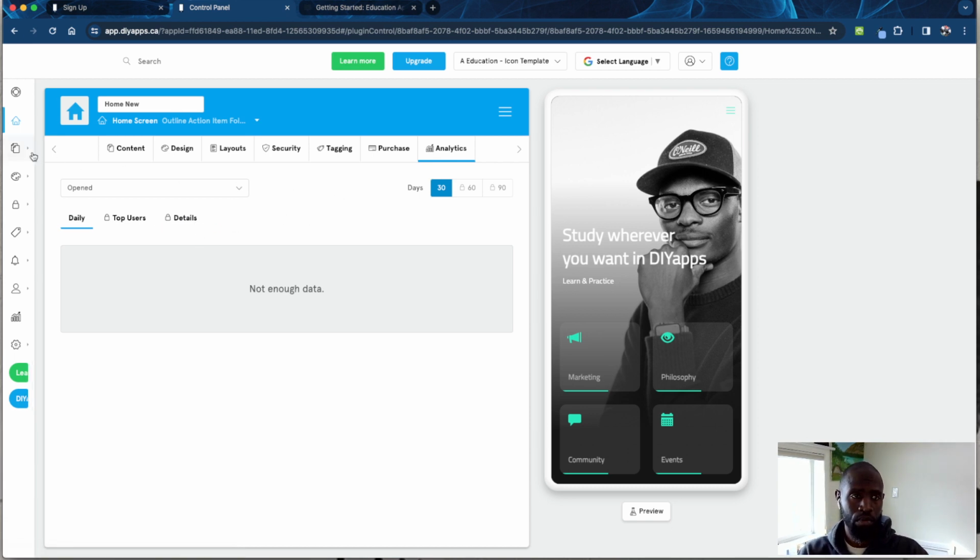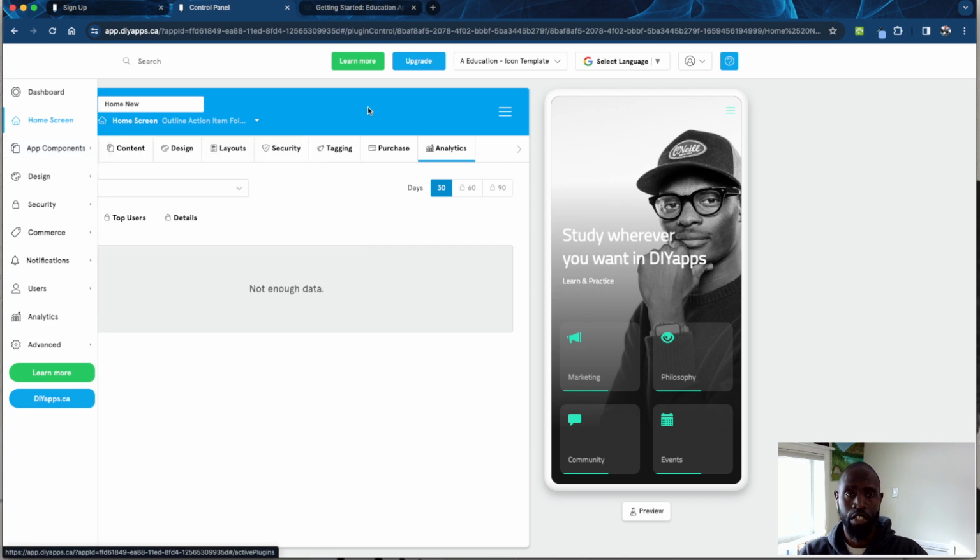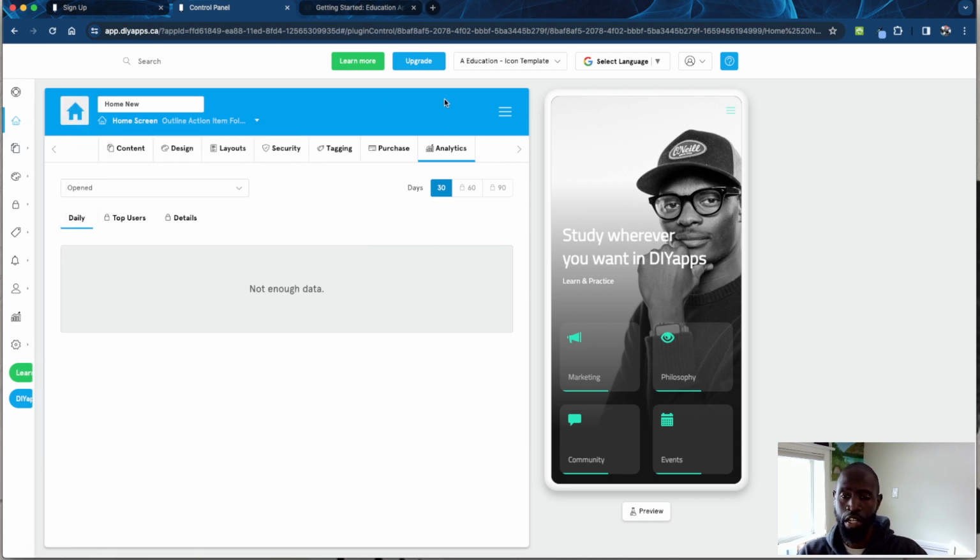Before I go on to the other features, whenever you are ready to upgrade, the upgrade button is here. So you upgrade to the next plan. You should have an upgrade so that you can publish this particular app. So once you upgrade it, all right, so let's go to